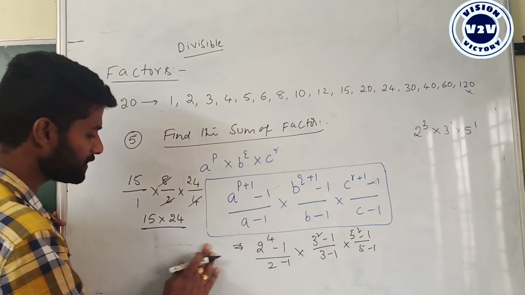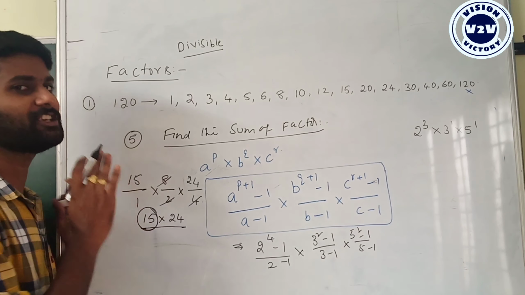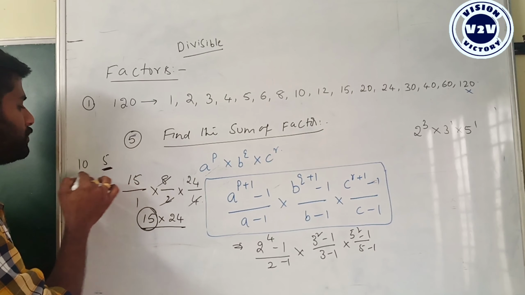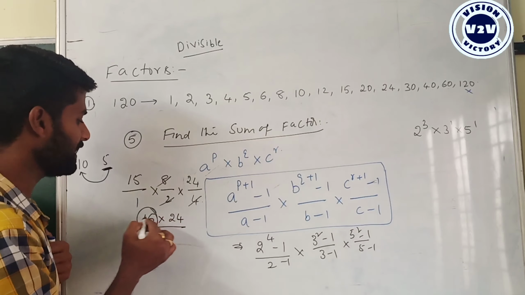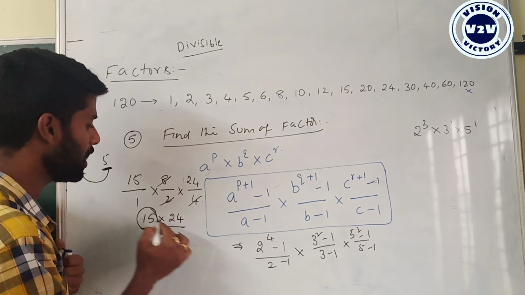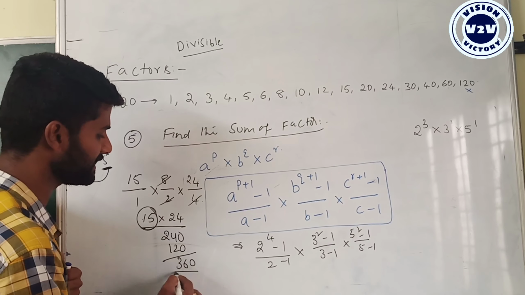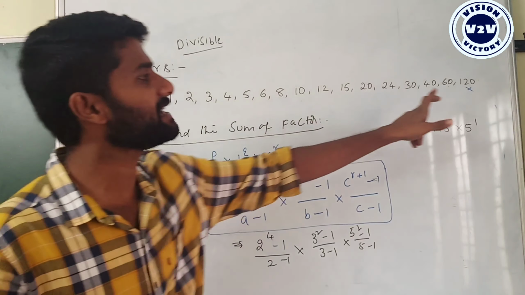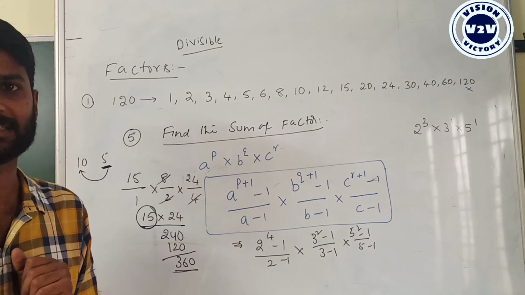See, if you want to go with the multiplication of 15 into 24, if 15 is given, split it into 10 and 5. We know that 5 is half of 10. We know the calculation: 24 tens are 240. Half of 240 is 120. The total result is equal to 360. It means if you add all these factors, the sum of all these factors is equal to 360.